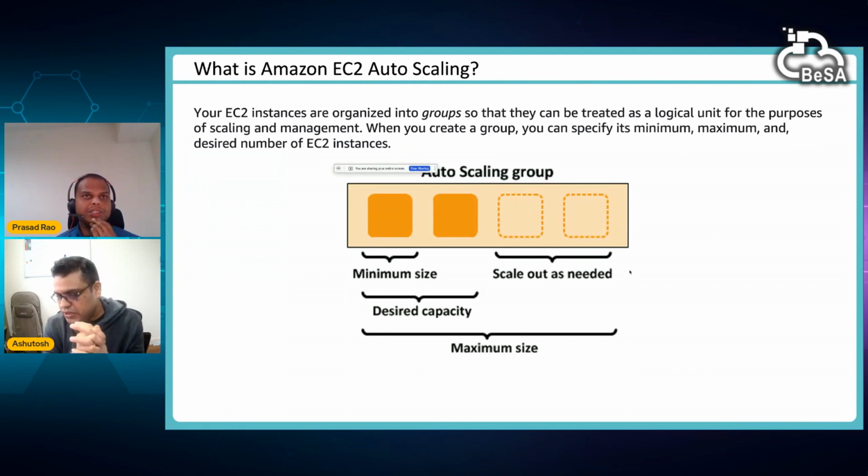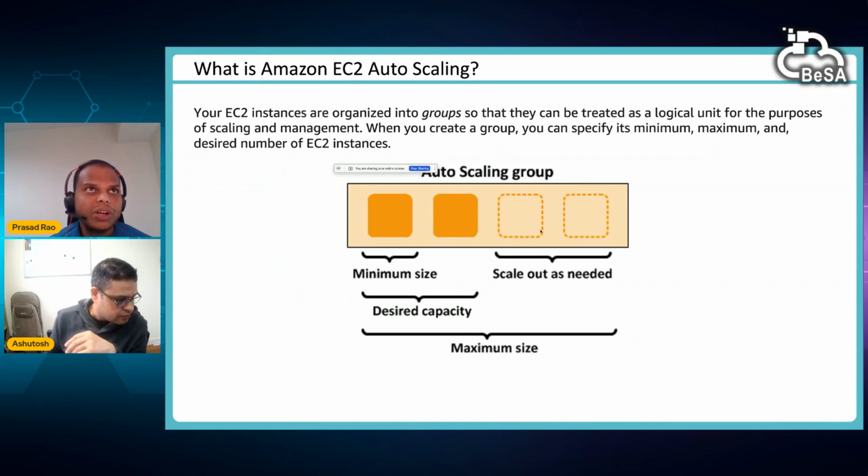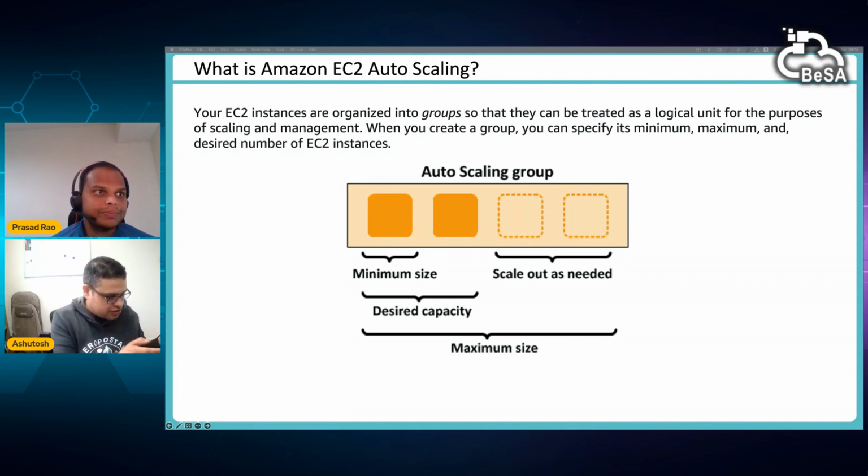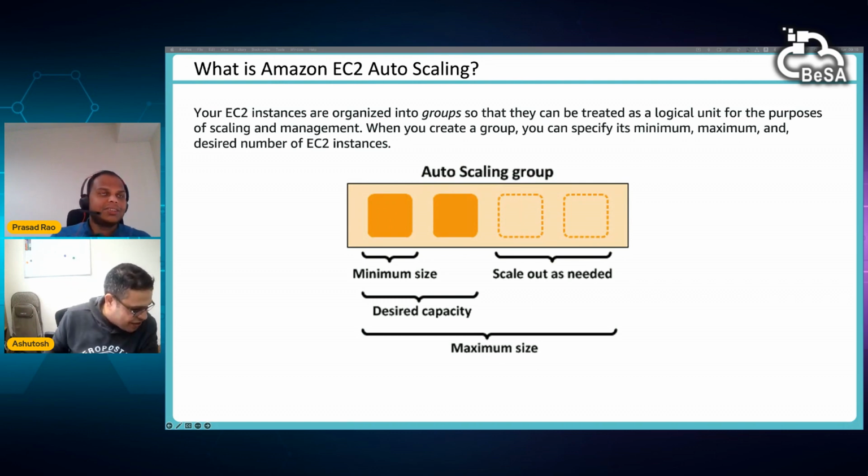So we, Ashutosh, yeah. Sorry, just one thing. There's a small window you are sharing on the main screen. If you can remove that, if it's possible to minimize it. Oh, I'm so sorry. No problem. And second, there are a couple of questions, if you can clarify what a minimum size and desired capacity are, what's the difference between the two? Yes, sorry, actually it's on the second screen, so I have no problem. Yeah, please go ahead.